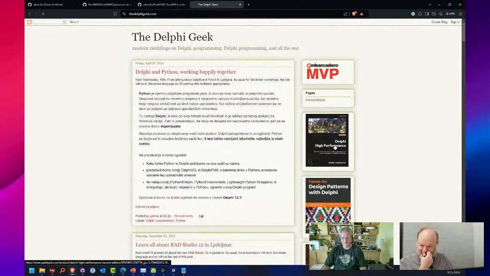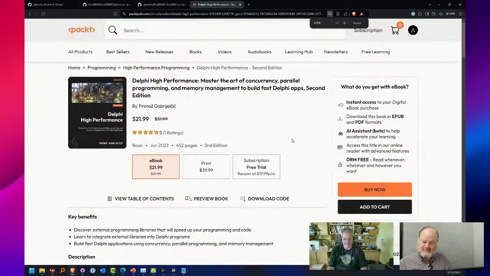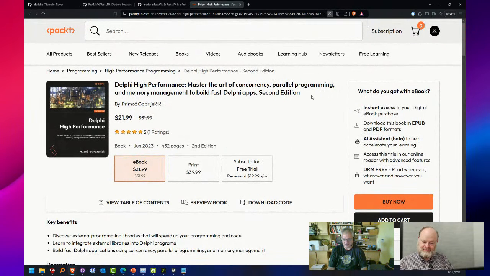The first one. This one deals with performance in Delphi on all levels, but one of those levels is the memory manager. So there's a chapter on FastMM4 with all the details, how the small block memory allocators are working and so on. Just if you want to learn more than you heard today.